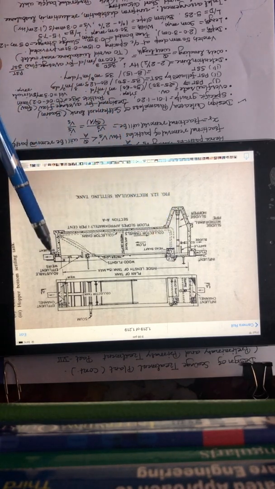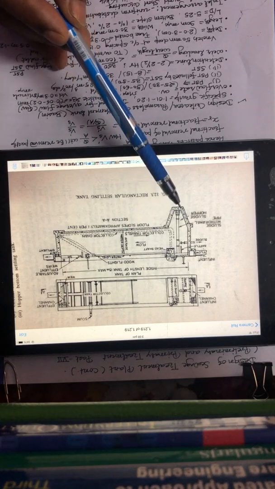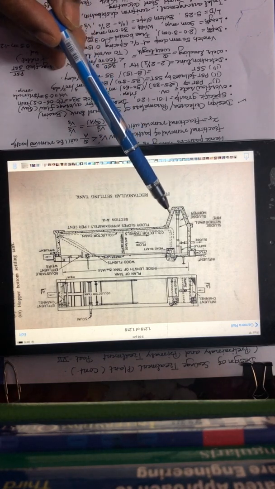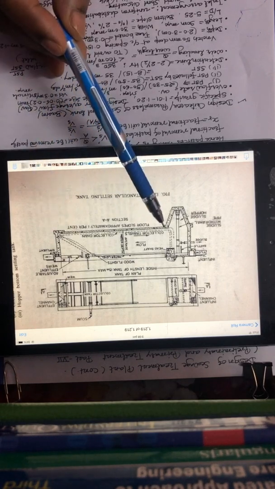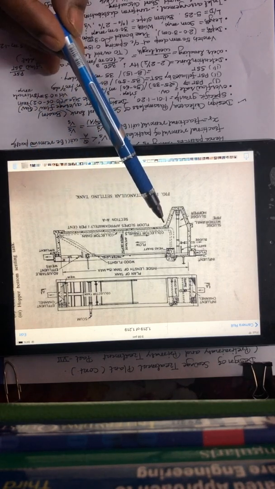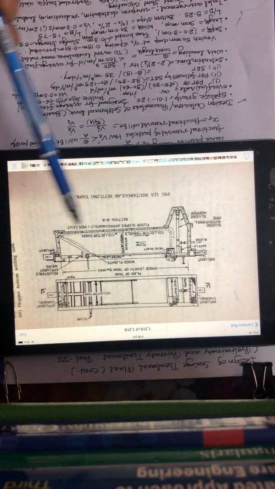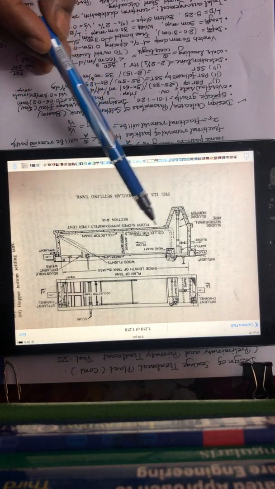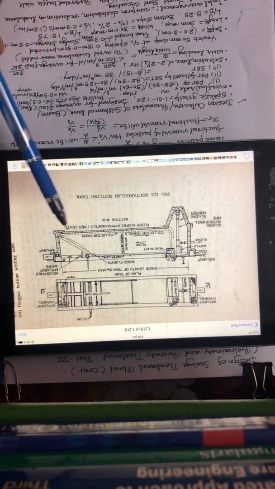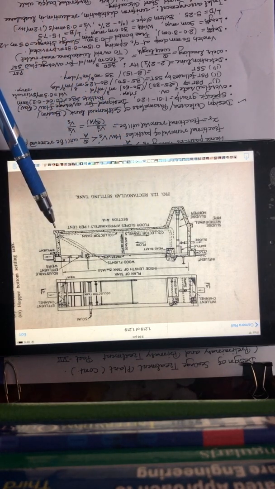Okay, so this is the total length. The bottom is a hopper type, this is a pit type. The bed is slightly sloping downward. The slope is about 1%, 1.5%. The slope depends on the method of collection. If an automatic collection method is used, then a 1% slope is provided.